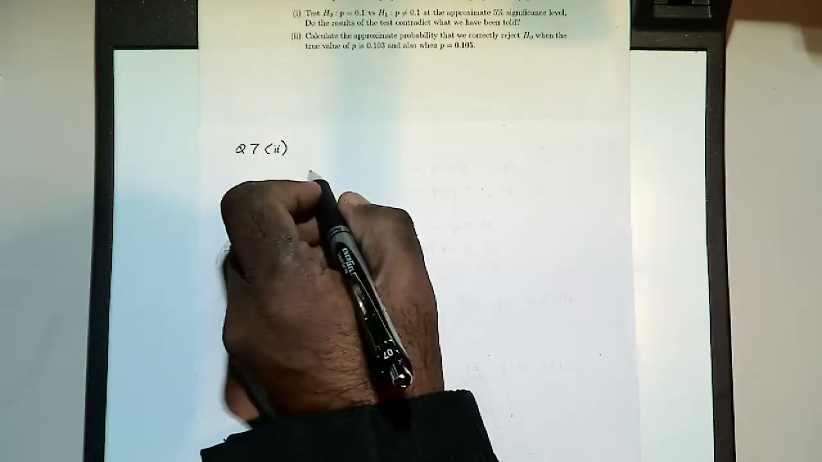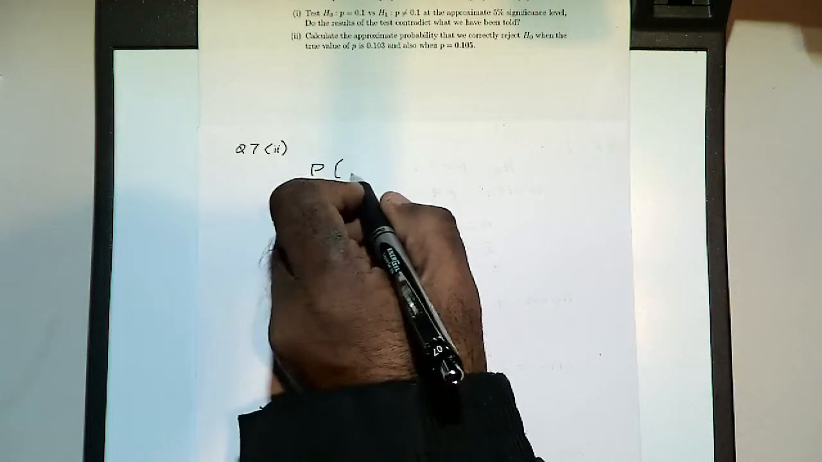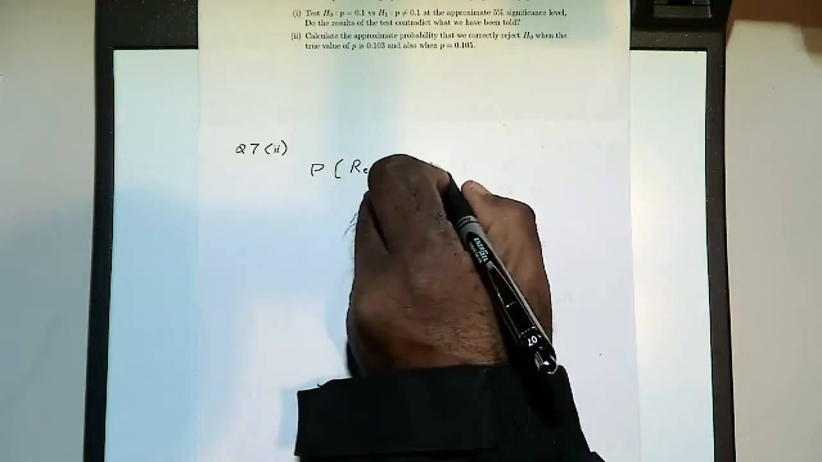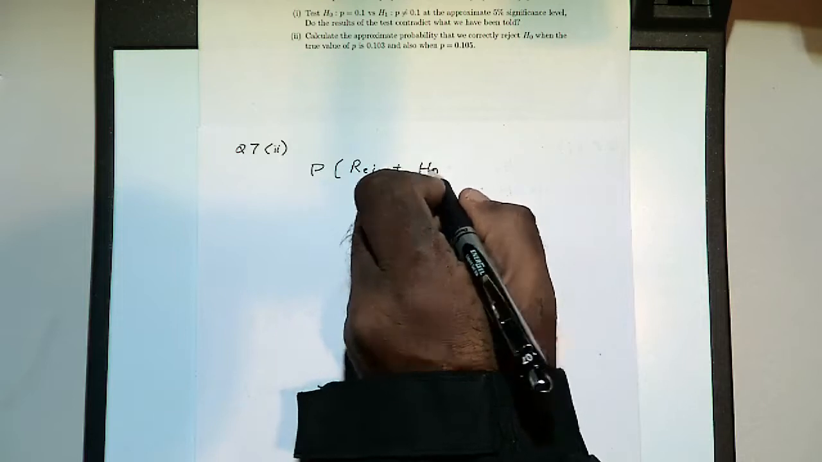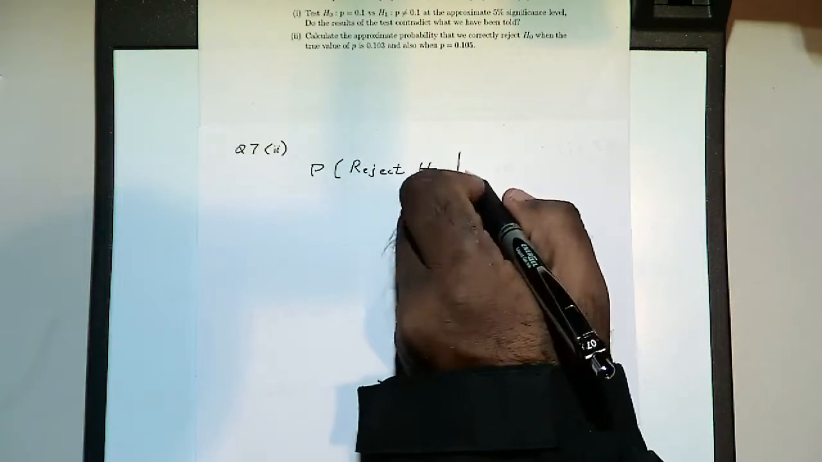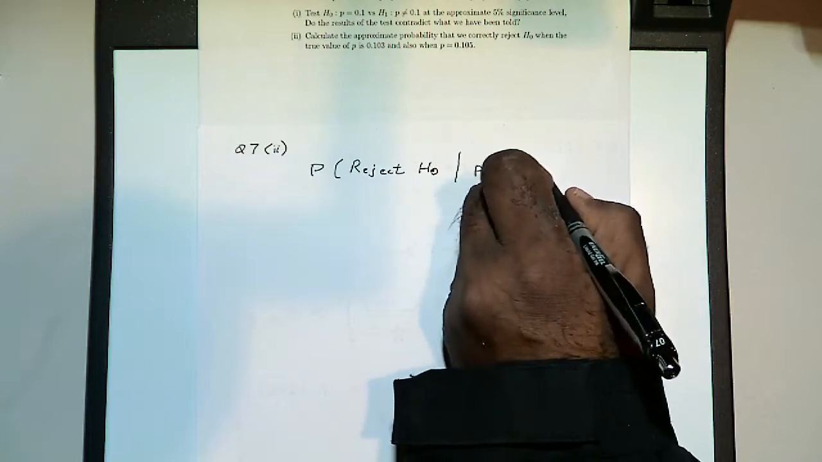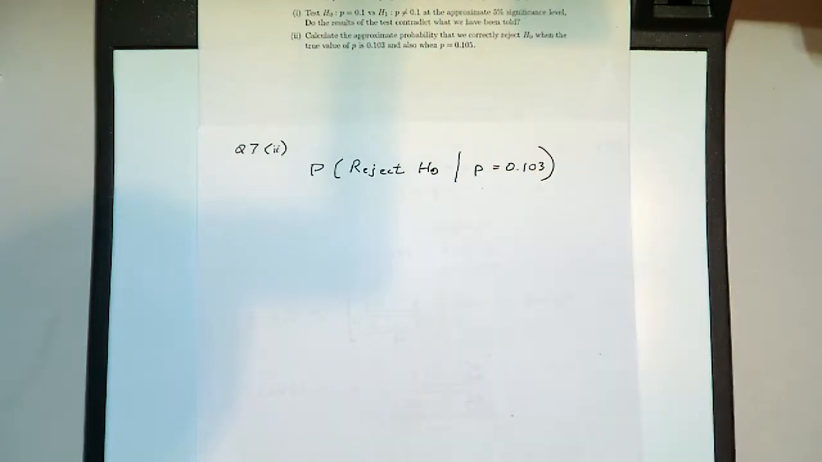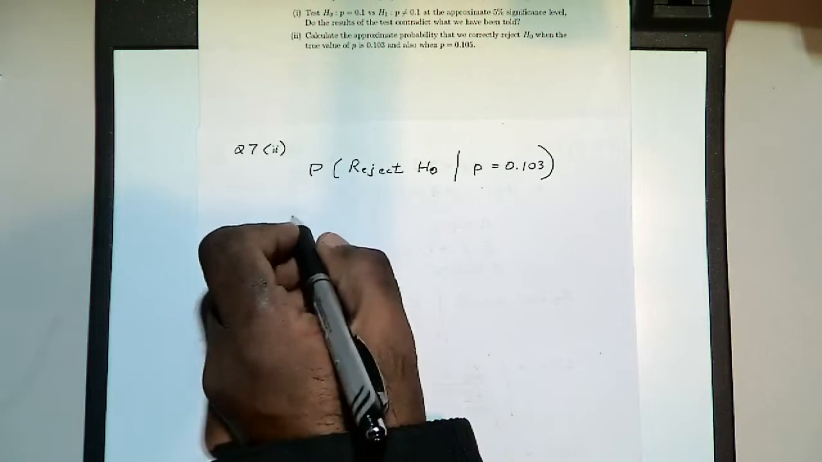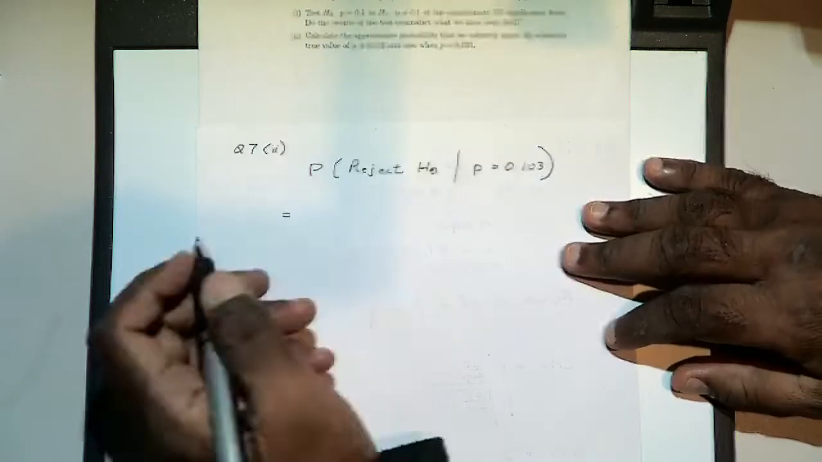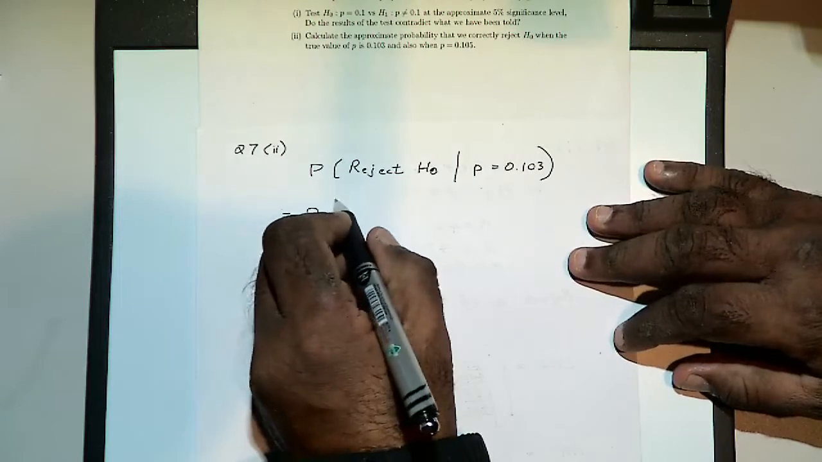So we want to find the probability of rejecting H0 when the true value is, say, 0.103. Okay. Now we know that from the stuff that we did, we reject H0